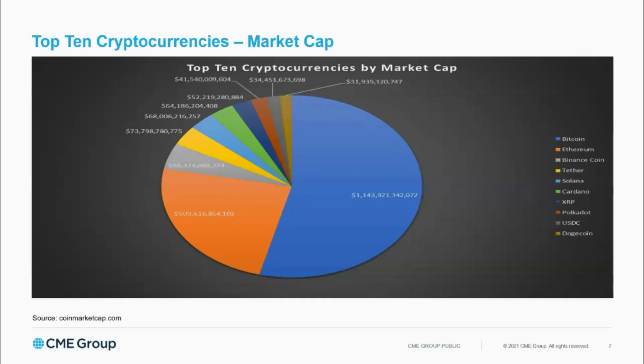So taking a look at the top 10 cryptocurrencies by market cap, this is a little outdated with the price depreciation recently in cryptocurrency, but Ethereum is still the second largest cryptocurrency by market cap. And you look at it today, it's a little less than 400 billion. Bitcoin is the largest cryptocurrency by market cap. Today, it's a little under 800 billion, I believe. So Ether being the second largest, it just made sense for us, when we're expanding our cryptocurrency complex, especially on the micro level, Ether is the logical next progression for us.